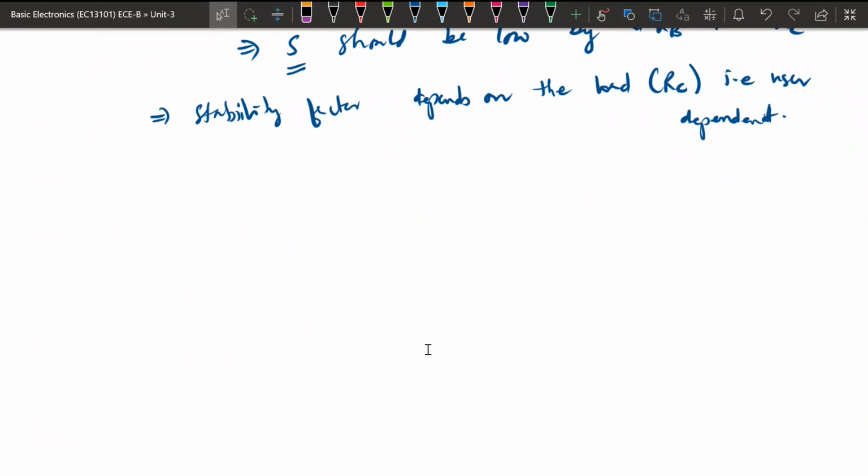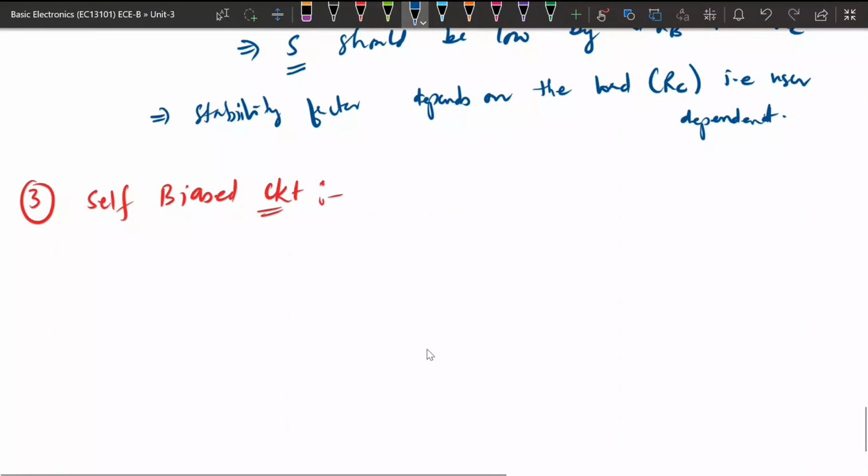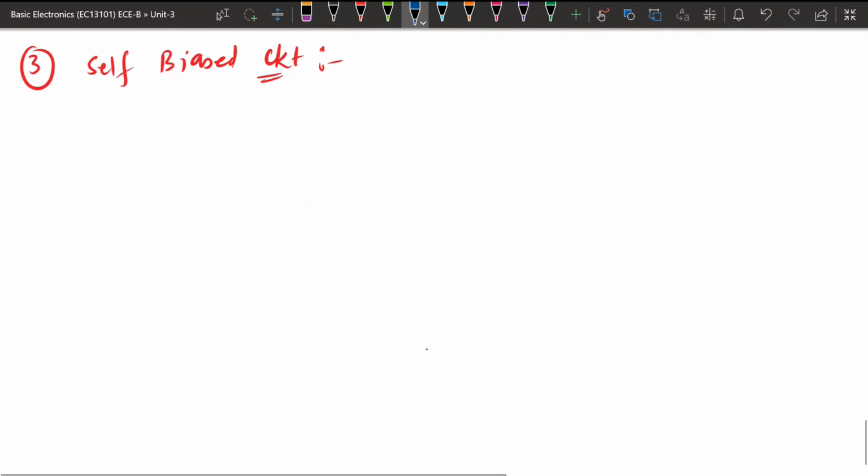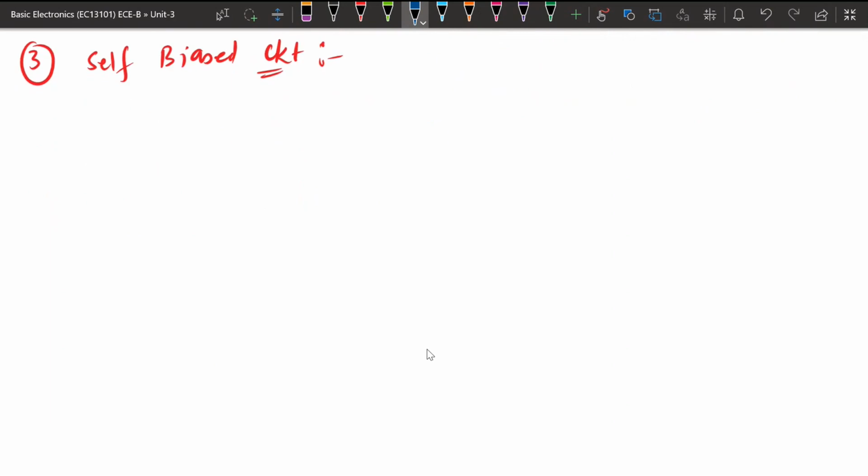Okay, so next we will see the third case. The third case is called self-biased circuits. So here in case of self-biased circuits, we will be considering